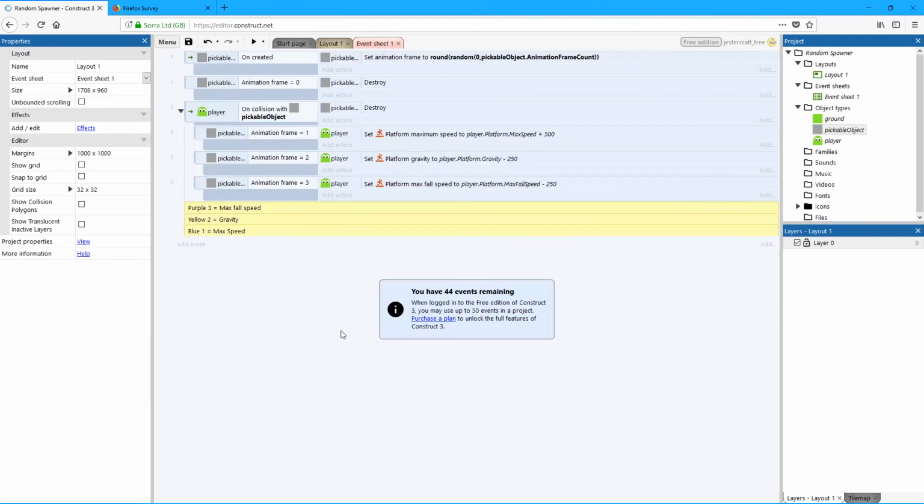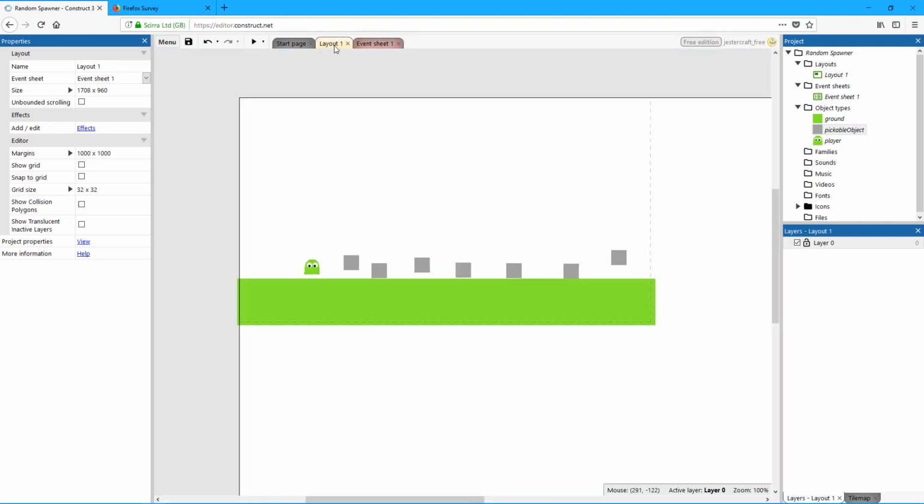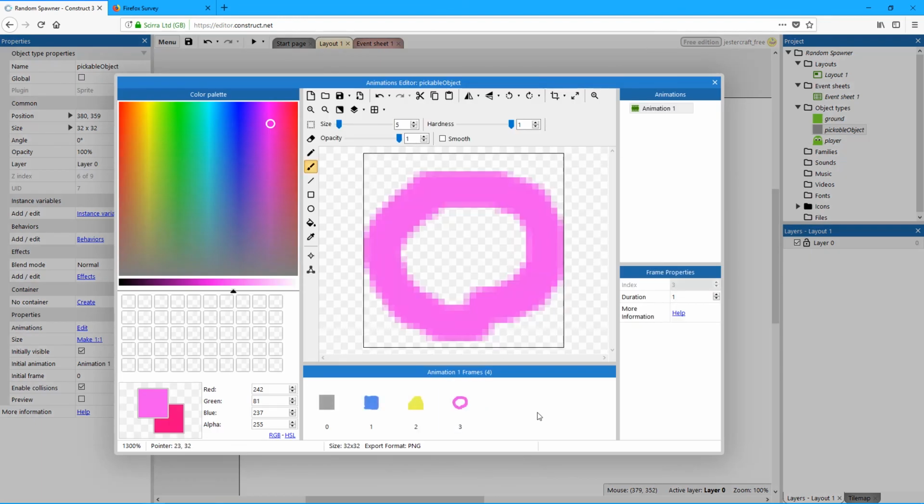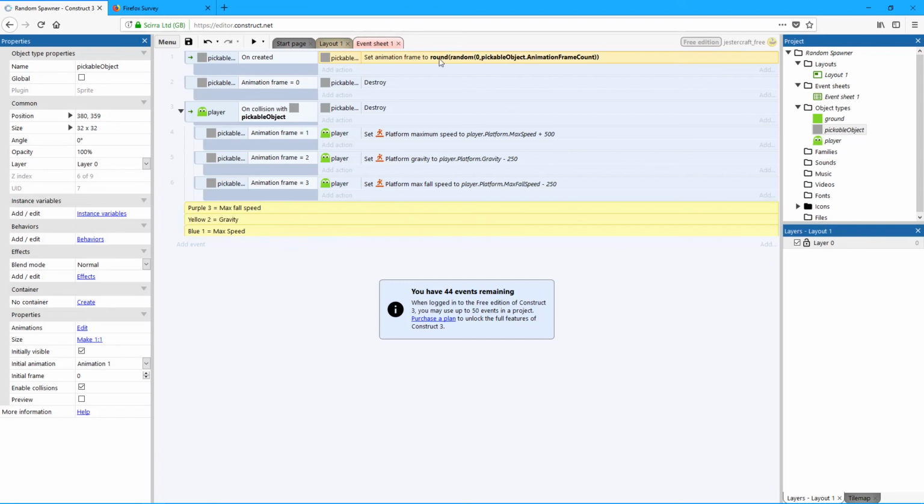So there you have it, a really simple way to make randomly pickable objects for your game. Using a system like this enables you to have any amount of pickable objects as you like, since you're only adding new frames into the animation of the pickable object, and you can add new items. Because we have set the animation frame to random 0 to the pickable object animation frame count, it checks how many frames is the maximum in your pickable object. But using the 0 animation frame will destroy it, so there's a chance that the spawn point doesn't spawn anything. You can remove this if you like and set some kind of object to the animation frame 0. But I just like to use that because there's a chance that you don't actually get an item